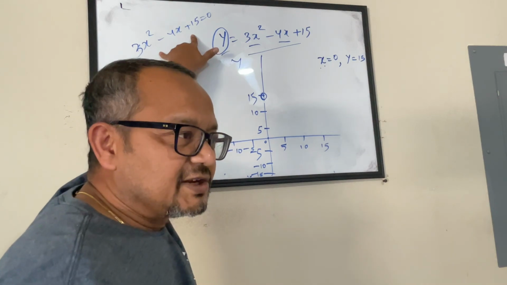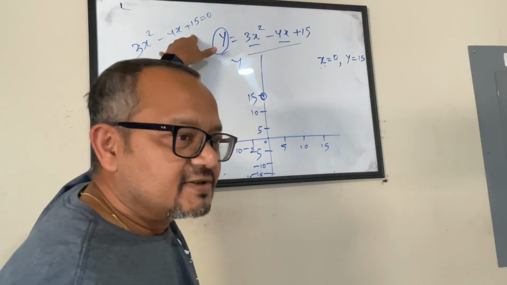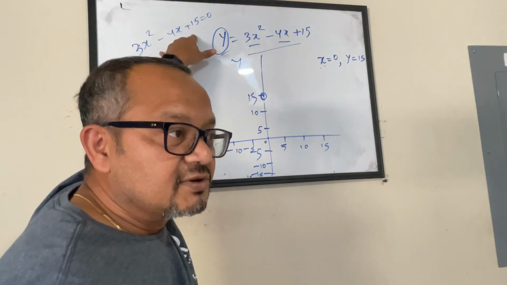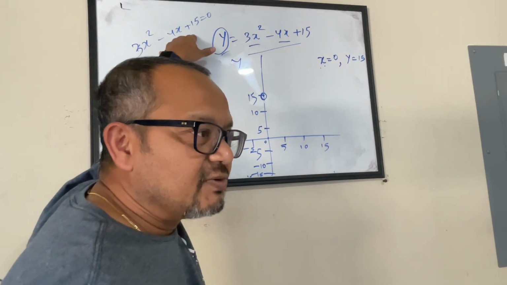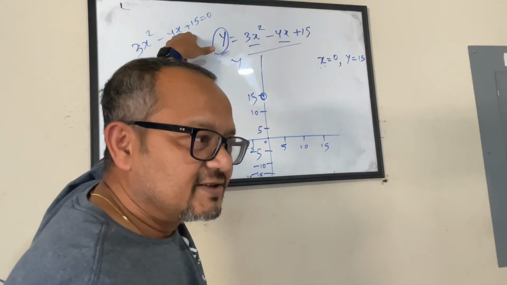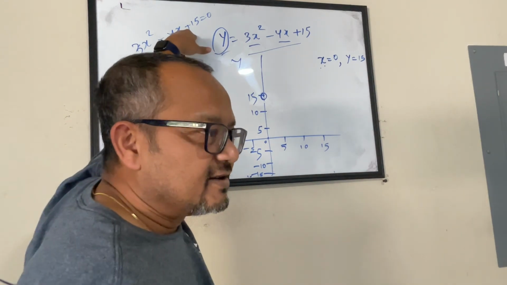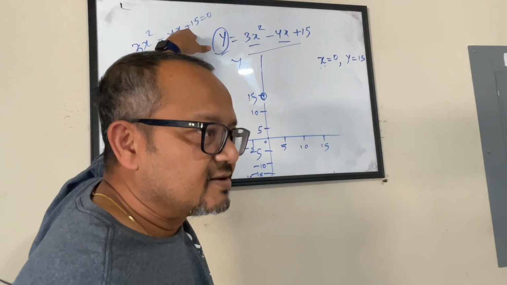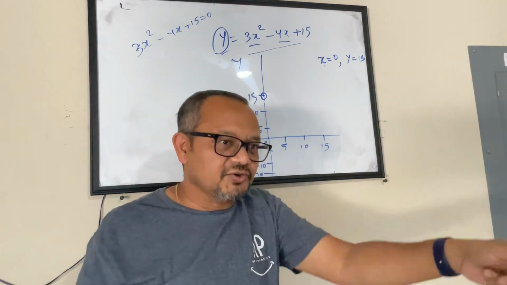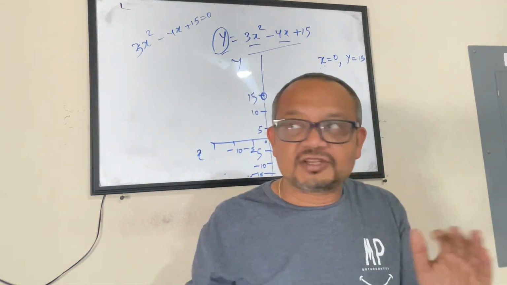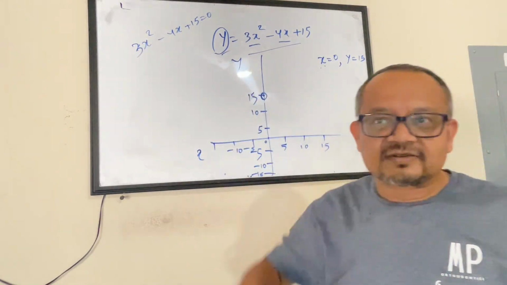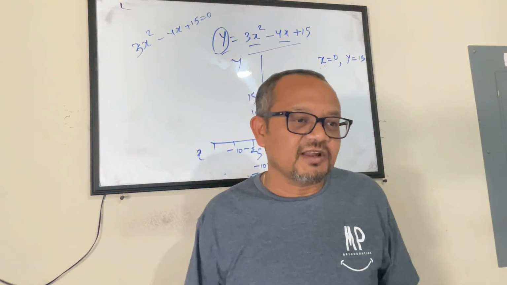Who all can solve this equation? Tell me what are the two values of x. 3x square minus 4x plus 15 equals 0. Who all can solve it and tell me what are the two values of x? Yep, you could use the quadratic formula to find the two values. Anyways, so you know it. Anybody in the class who doesn't know how to find out two values of x from this one? Or who doesn't remember or recall right now?